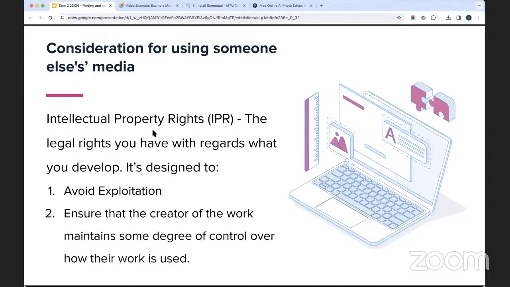The idea is that it's designed to avoid exploitation and ensure that you, as the creator of the material, have some degree of control over how your work is being used, and some decision making around what is being done to it.